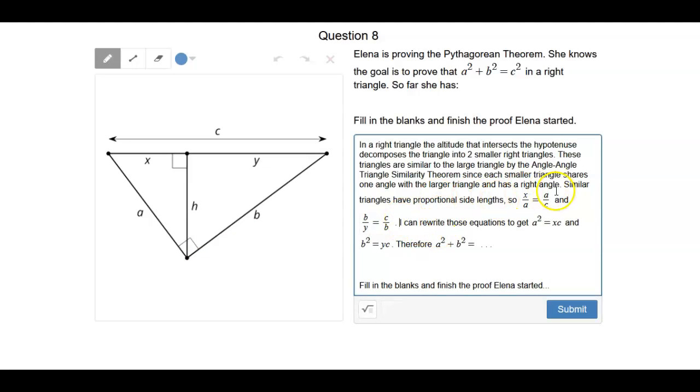So when we have a proportional relationship, the way that they're getting this right here is that you can take x times c, which is this part right here, and a times a. So we know that these two things are equal to each other, and the same thing for this proportion. B times b is b squared, y times c is yc. So therefore, if we add these two together, a squared plus b squared, it would have to be equal to xc